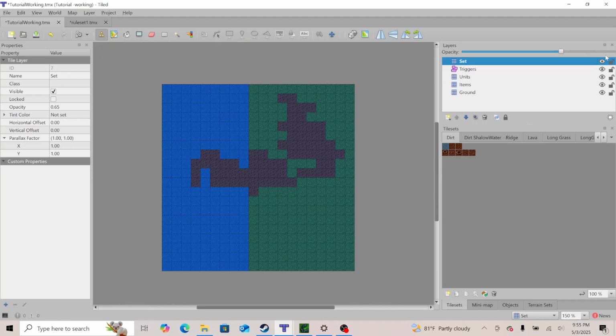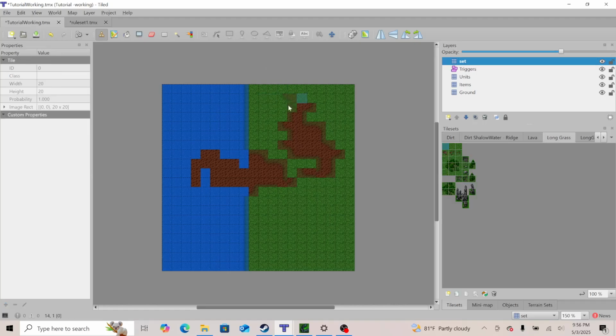That's fine. We'll just, oh, you know what? This is embarrassing. There we go. Why is it that I just didn't? Set has to be lowercase. Set has to be lowercase. Right. Now that we have set lowercase,